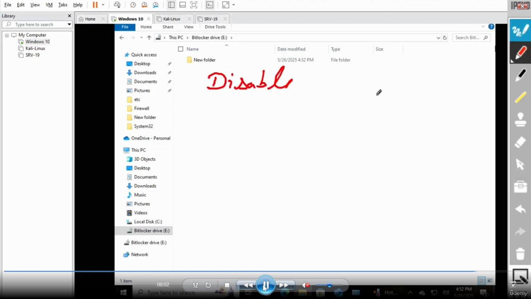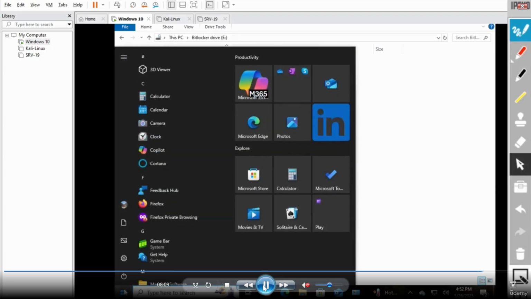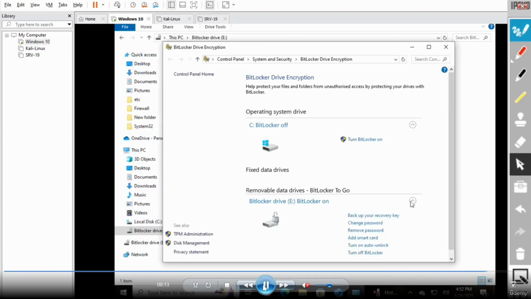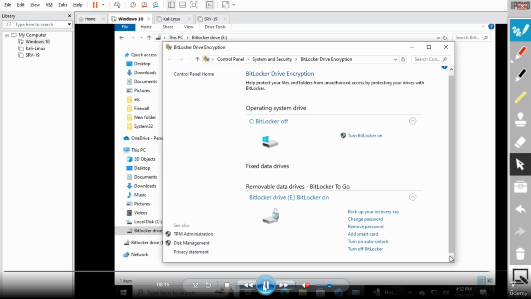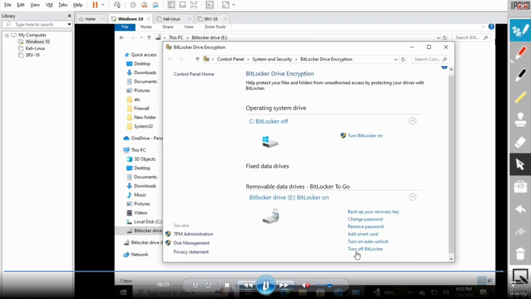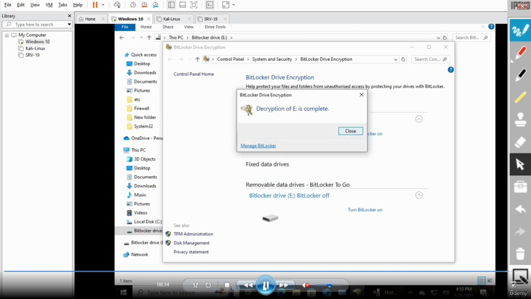Okay, and this is how we can disable it now. This is the important thing, how to disable this BitLocker. So again, I'll click on start and open BitLocker. Okay, in the control panel over here, you can see a lot of options coming up, like backup your recovery key, change password, remove password, add a smart card, auto unlock, okay, and then turn off BitLocker. Okay, once I click on turn off BitLocker, it will prompt a message,